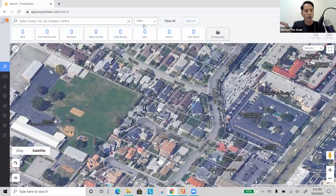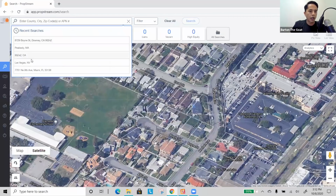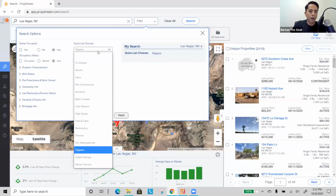And so the more we studied the data, the more we realized you can start playing with things. Like in our last video, we talked about our flippers list. And this list only exists in Propstream because it takes MLS data and county records to isolate property owners that have owned a property for less than 2 years and are back on the market to be sold. That's using multiple sources to come up with that category. Well, we've done it again. Not only did we take MLS data and county records to find you the flippers, people like Q who buy properties, rehab them, and then put them on the market within 2 years,